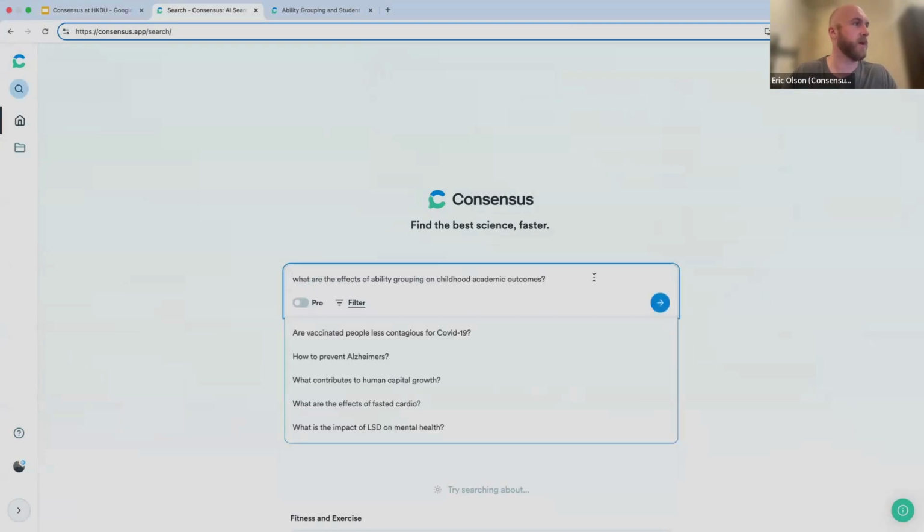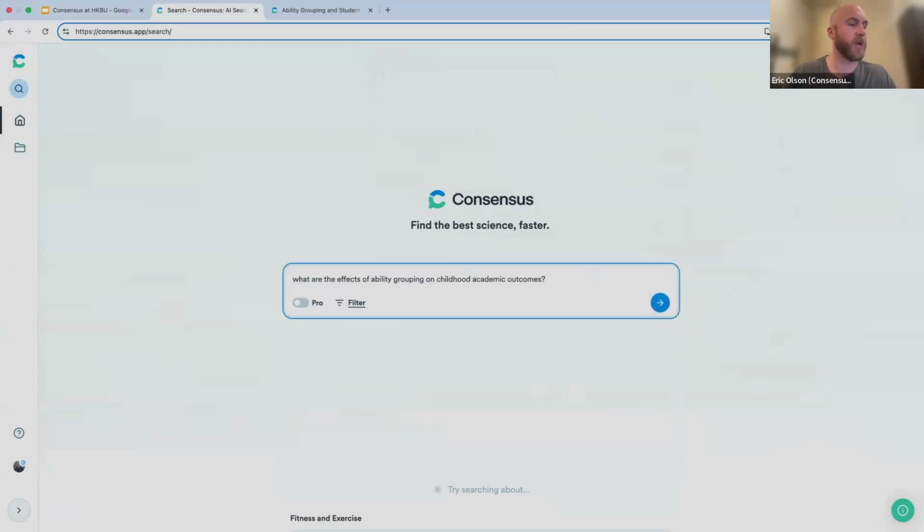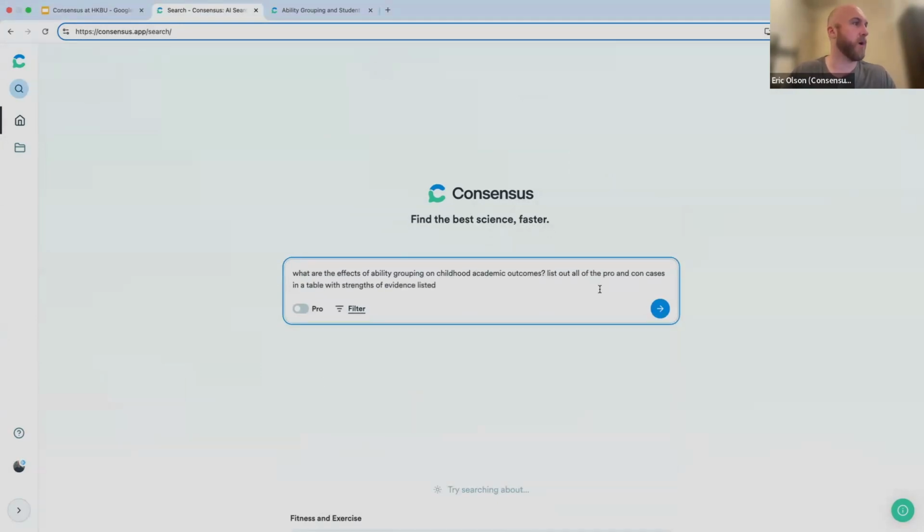So we're going to go back to that first question that I asked. What are the effects of ability grouping on childhood academic outcomes? And now we're going to add a second command to this prompt and say, list out all of the pro and con cases in a table with the strengths of evidence listed. So again, if you think back to the way that I described Consensus,